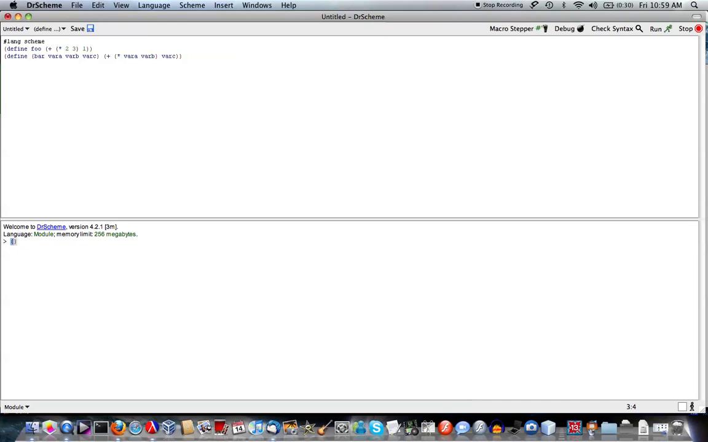Okay, so let's try it out. Bar 1 1 1, and it gives you a value. Bar 2 3 1. Those are the same values that we used up here in the same order, and it gives you the 7 back. Okay, so that's basically how you define a function,